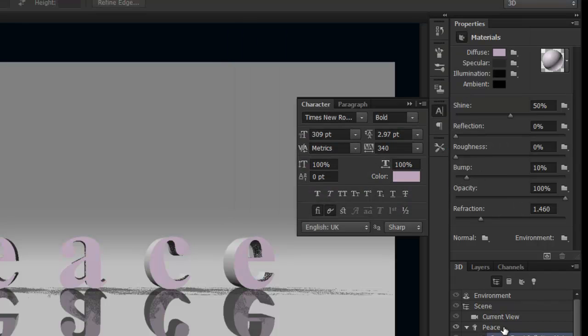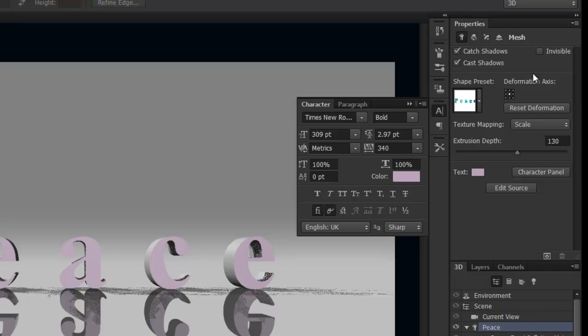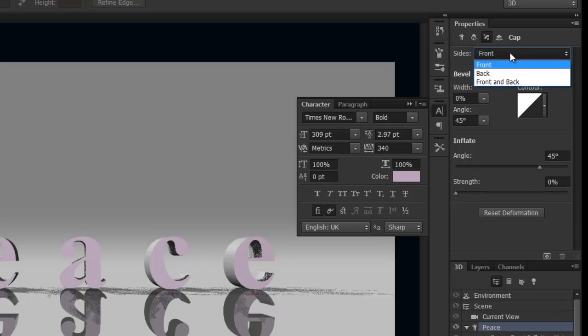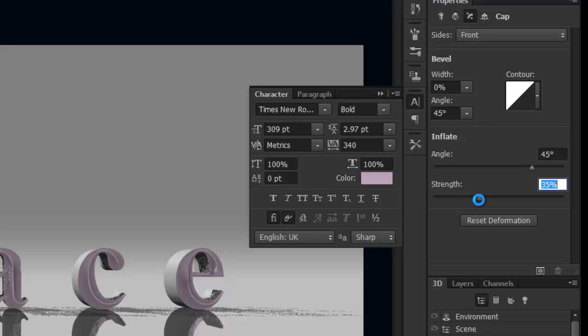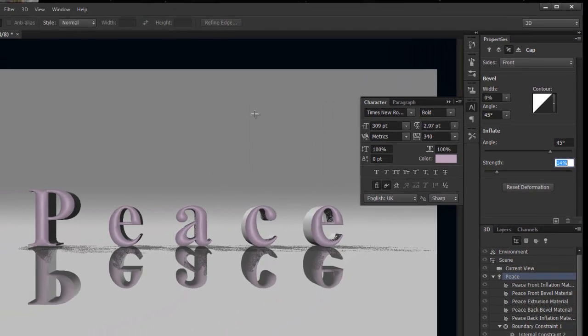and then on the word piece, come to this icon which is the caps, so it'll be the front and back. We only want to do the front because you're only going to be seeing the front, and then just going to turn up the strength, and if we kept going then we'd have some nice sharp contours. I don't want that, I just want to have a nice curved contour just to pick up the light, and we can